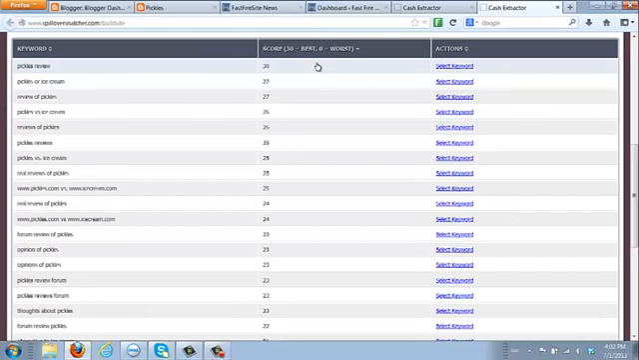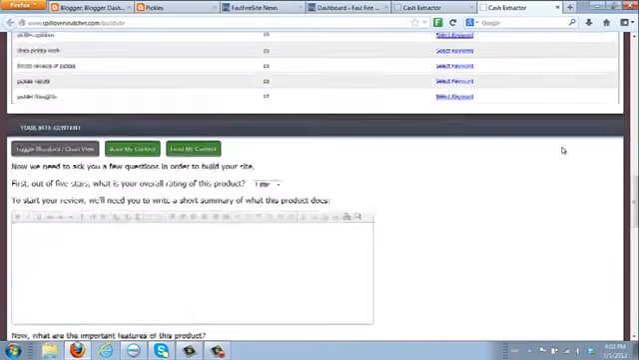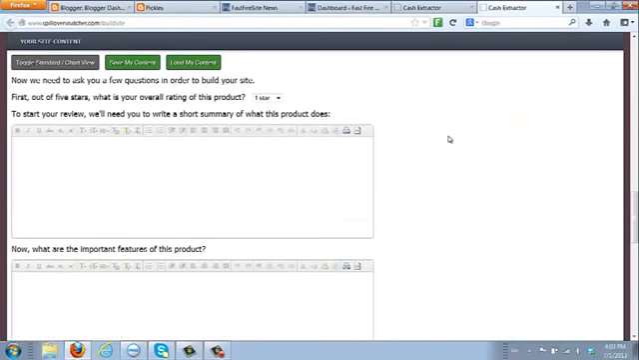So I can use that, but I'm going to use pickles or ice cream, as you'll see why in just a moment. But when I find the keyword I want to use, I'm going to click on this button right here where it says select keyword, and the next section is going to open. And this is where I can add in content. All I've got to do is answer a few questions, and I can create some